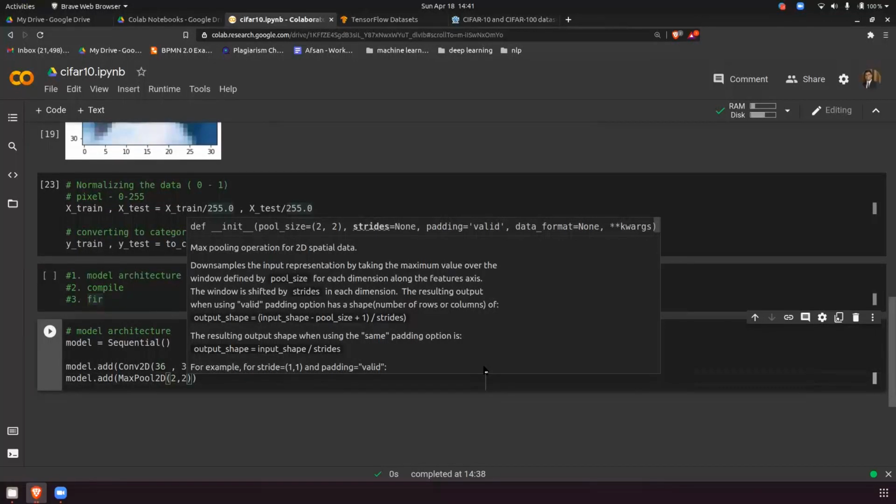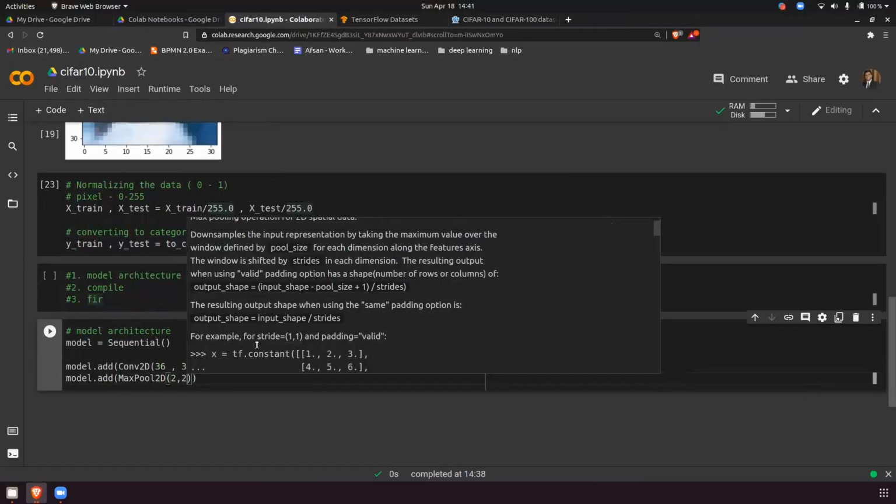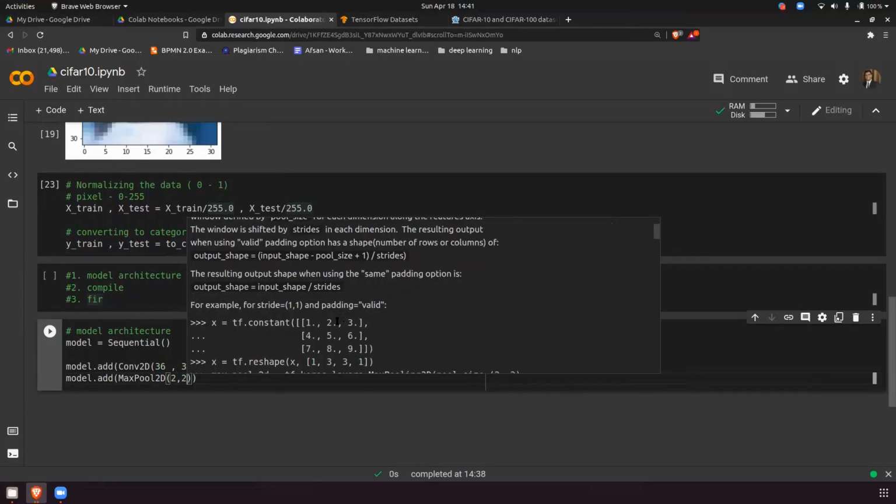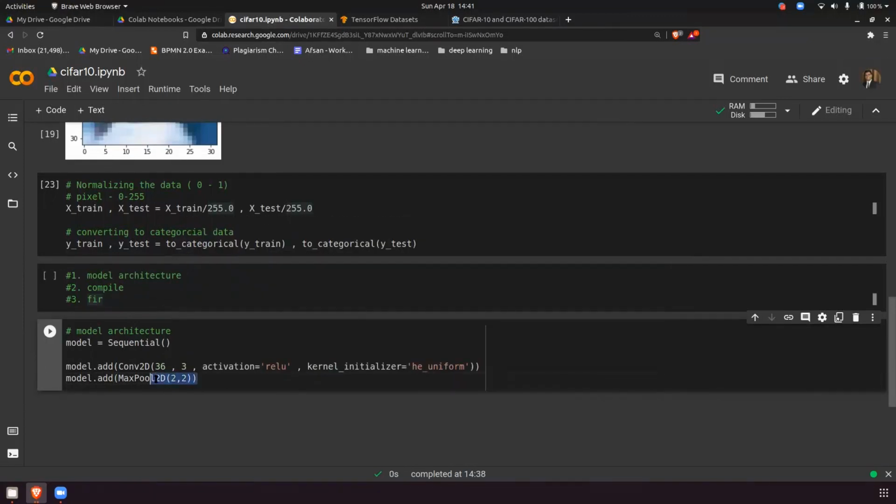Okay, so let's try to keep stride as none. None means 1 cross 1, basically. I will give 2 cross 2, so everything is a square matrix. What you can do is either represent it by 3 or do 3 cross 3. It's totally up to you what you want to use.